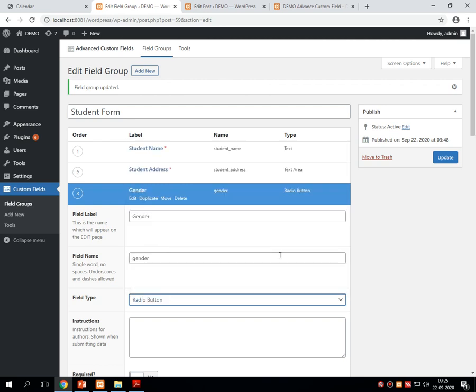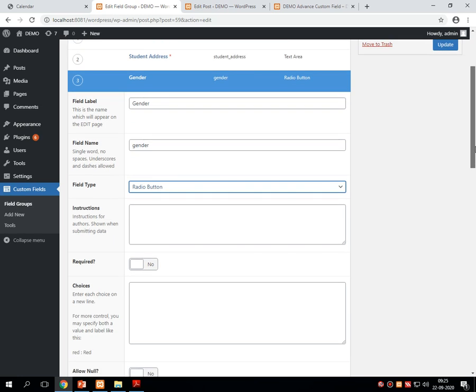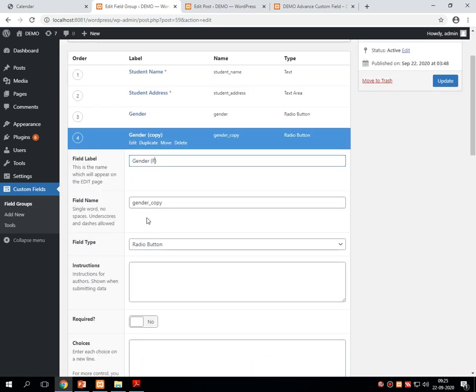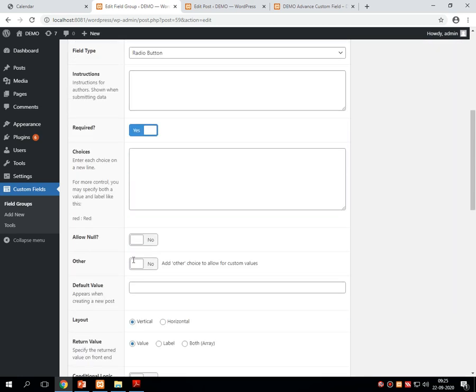Let me select this radio button, then make it duplicate, give this name F for female, radio button, required, default value. Where is the default value? Default value is female.